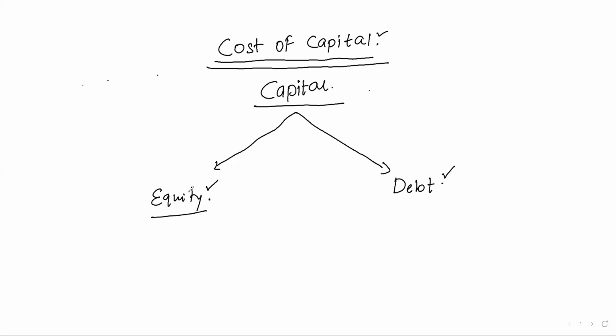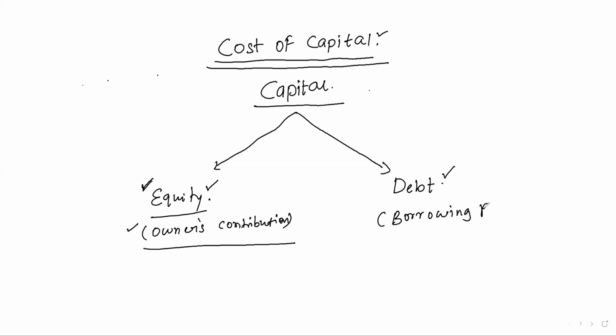If the capital is contributed by the owner in the form of equity, it is basically the owner's contribution to the business. It means that if you are running your own business and you are contributing your own money to the business, it would come under the equity section of the balance sheet. On the other hand, if you are borrowing funds from a third person and using those funds to run your business,